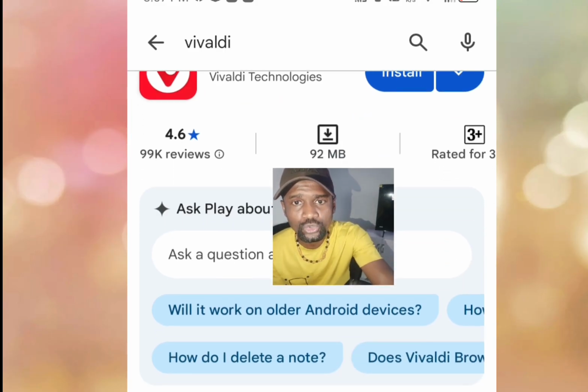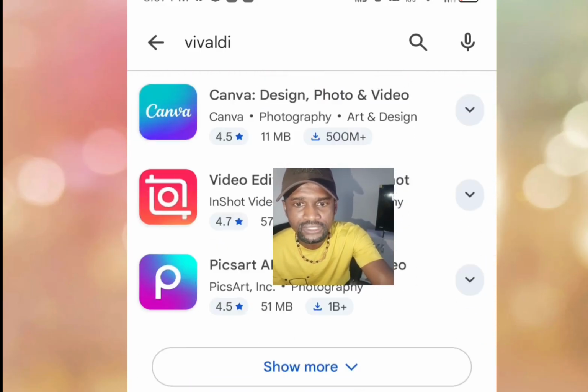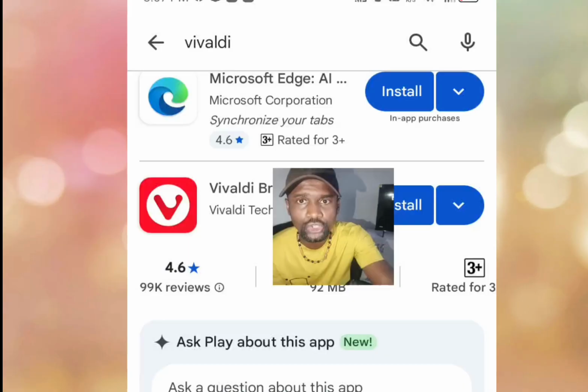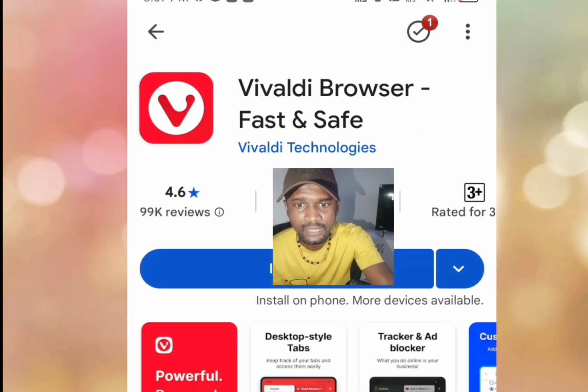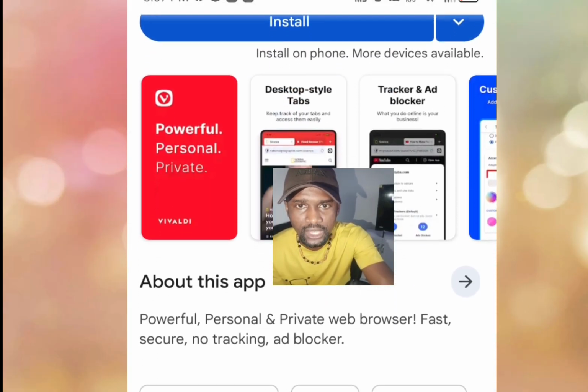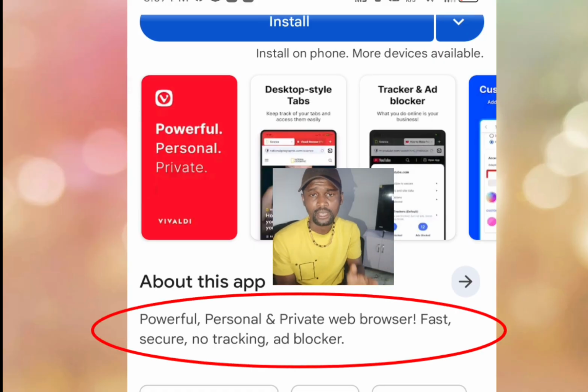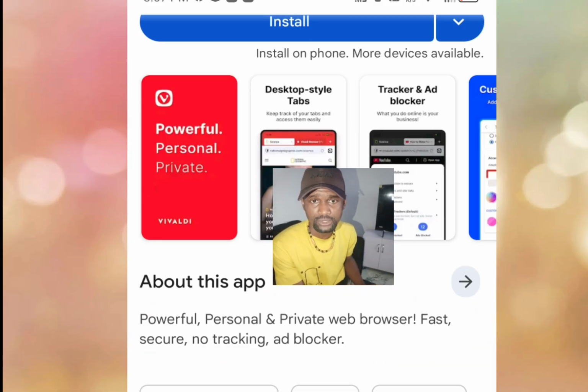Now, let's look at the feature of this app, what this app is all about. Now, let's tap it. Now, let's scroll down. As you can see, they said powerful, personal and private web browser, fast, secure, no tracking, ad blocker. Now, with this app, you can create Facebook